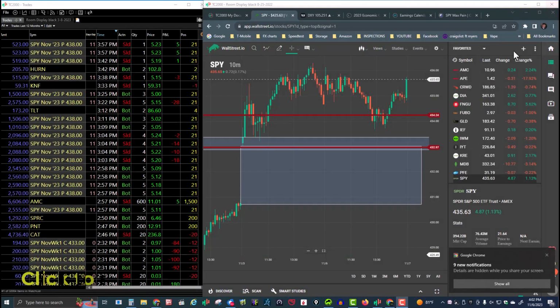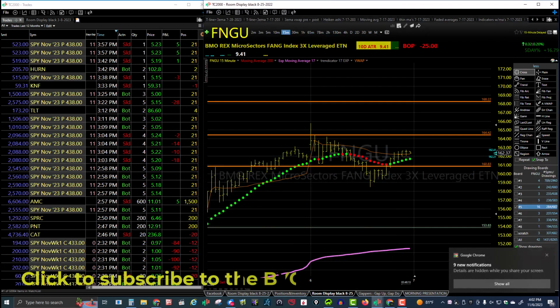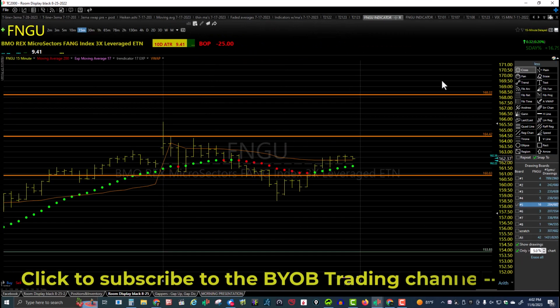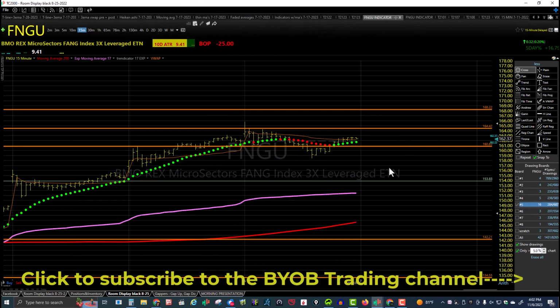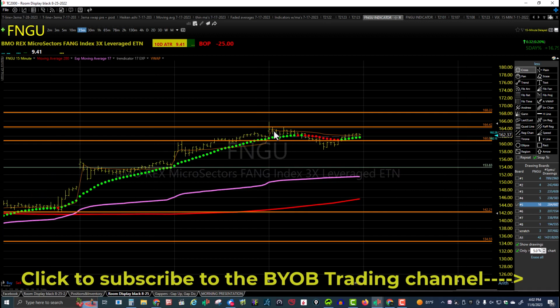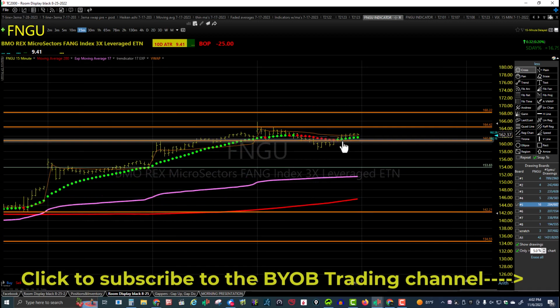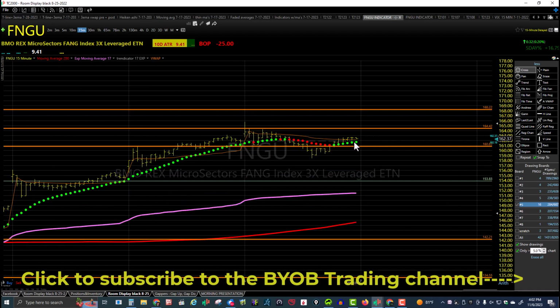Let's take a look at some charts. Here's our FNGU indicator. You can see price action pinched out a high up here and then melted all day, producing a higher low right here. Not much of a higher low, but although it is a higher low, it then proceeded to march back up